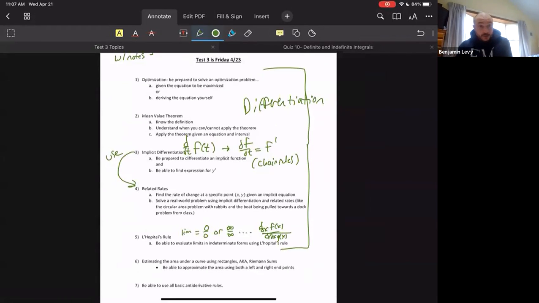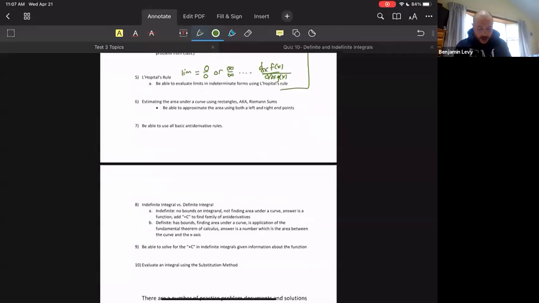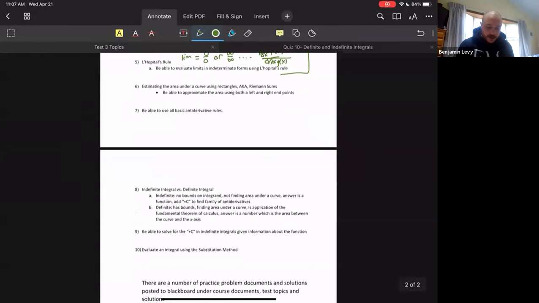So you need to know the derivative rules, obviously, but they're embedded in these larger problems, just to be clear. So, knowing like the chain rule or the power rule, I'm not going to ask you to do those things specifically on this test, but you'll have to do those things, for example, to find the max of one of the optimization problems, right? Or if you wanted to figure out a critical point, I'm not going to say find the critical points on this test, but you need to find critical points in part of related rates, for example, or optimization, etc. The second half, 6 through 10, these are all things related to integration.